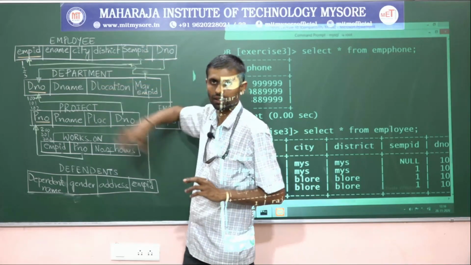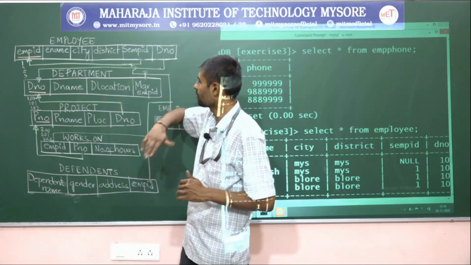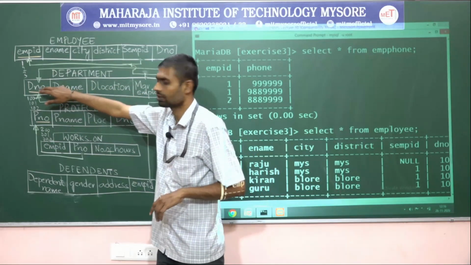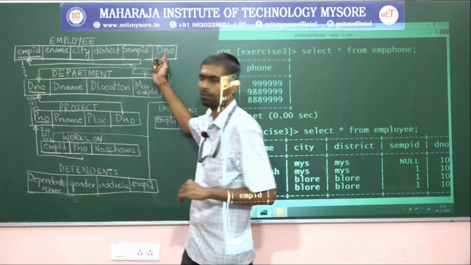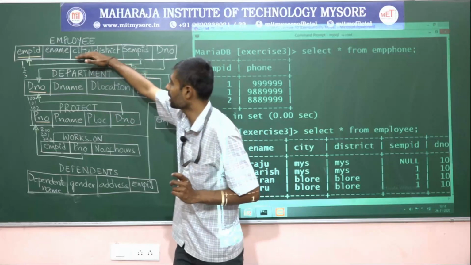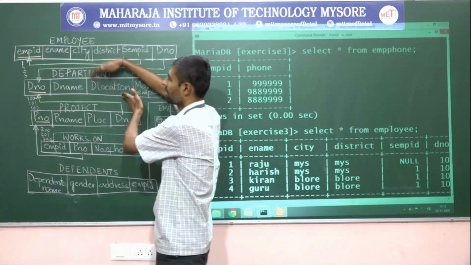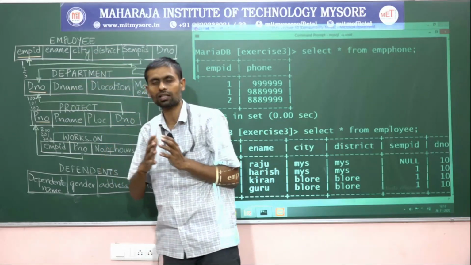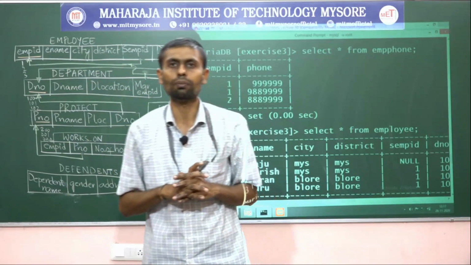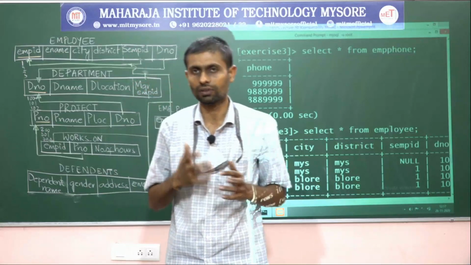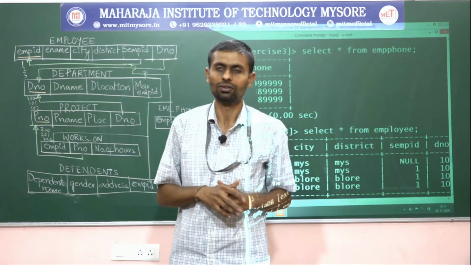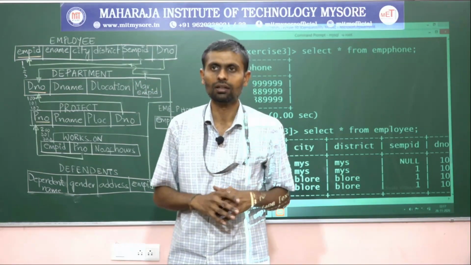Employee and department are interdependent, because without creating the department I cannot make this D number a foreign key, and without creating the employee I cannot make this manager employee ID a foreign key. Both of them are interdependent on one another. Then how do we make those attributes foreign keys, right? Very interesting thing. Please explore it.